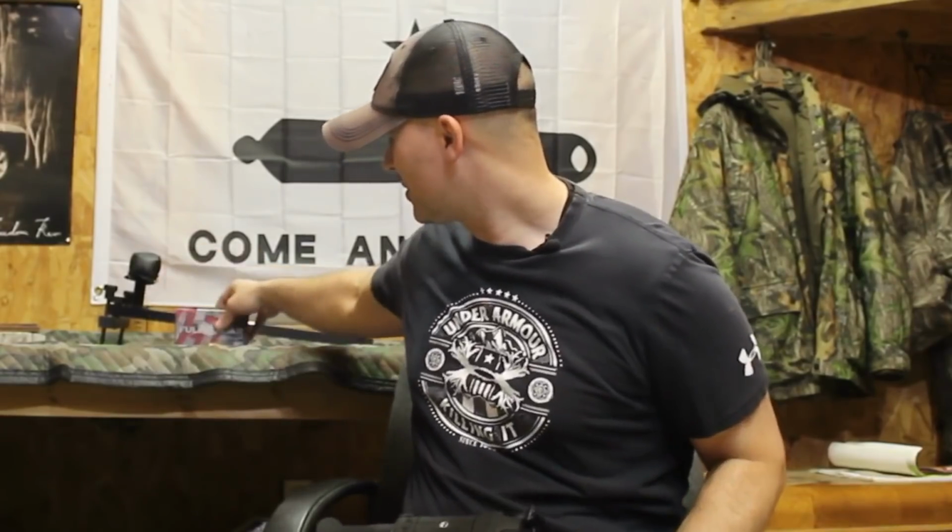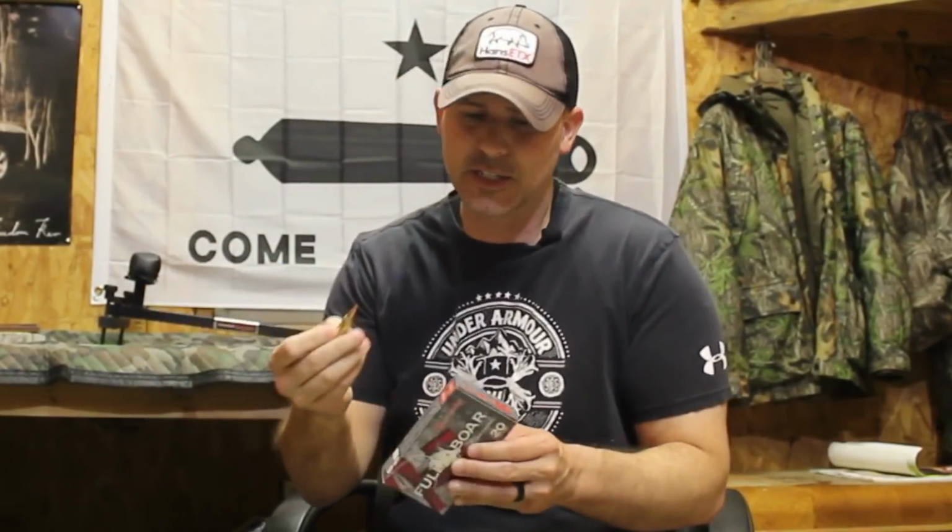Also using the Hornady Full Boar. This is the .308, 165 grain. A lot of you ask what type of rounds that I use. I love the Hornady Full Boar. I use this quite a bit. But this is, like I said, 165 grain. It's the GMX. The muzzle velocity is at